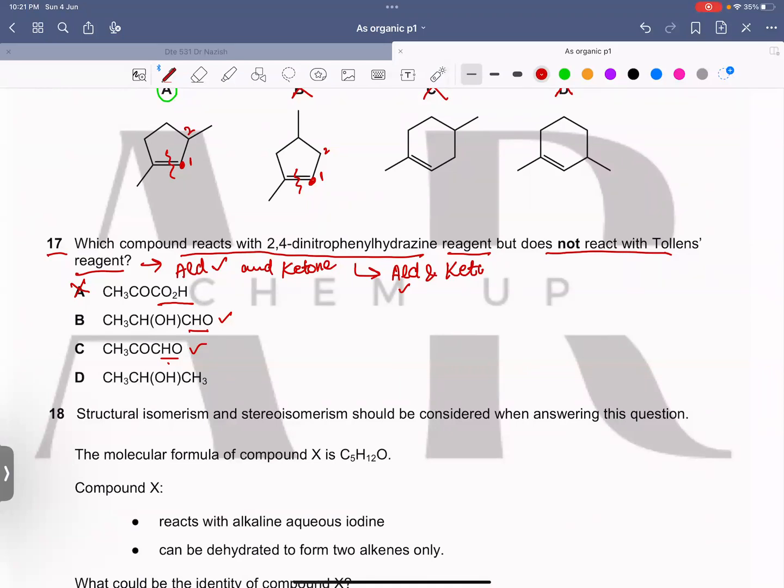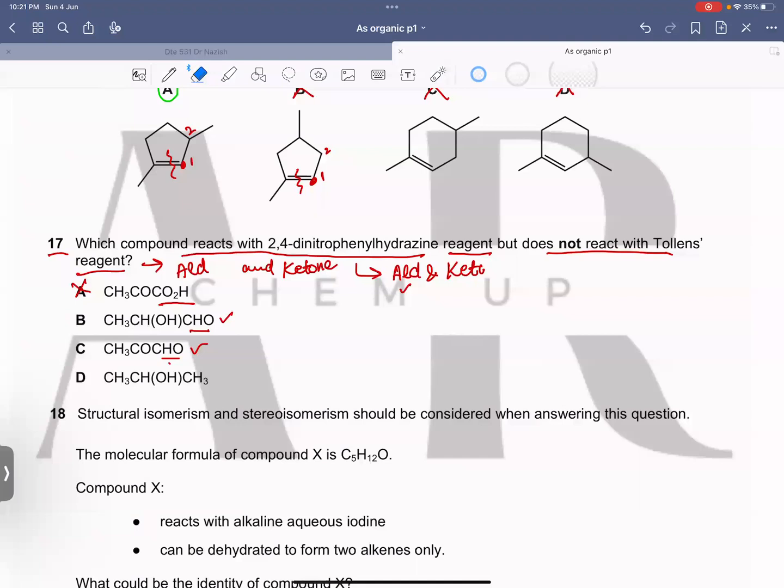With aldehyde, Tollens reagent reacts, and with ketone, Tollens reagent does not react. And with 2,4-dinitrophenylhydrazine, ketone reacts. So ketone is our actual answer. Here there is an aldehyde, that's why we marked them wrong, because these two can react with Tollens reagent. I marked D wrong as well, because D doesn't react with either 2,4-dinitrophenylhydrazine or